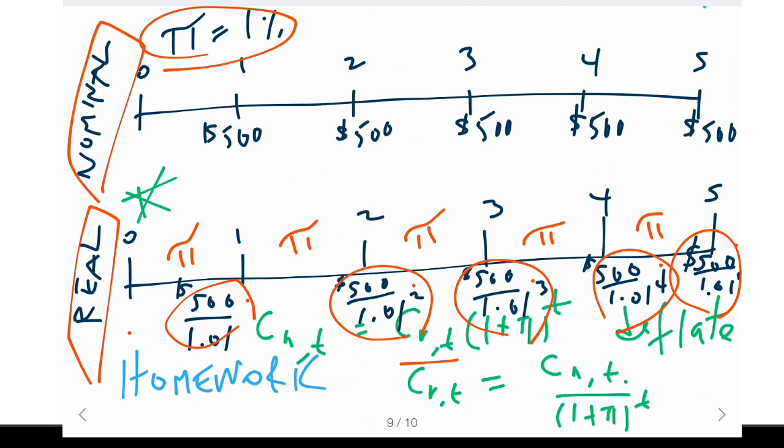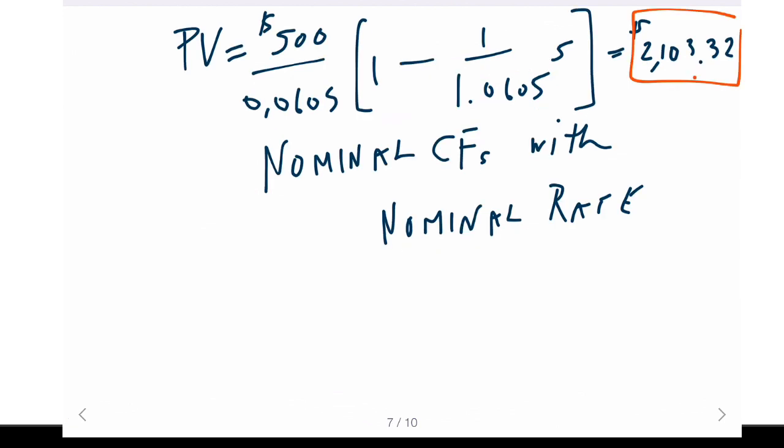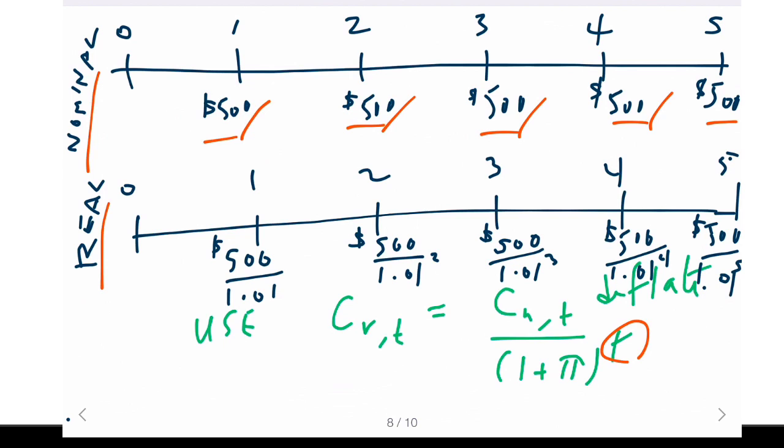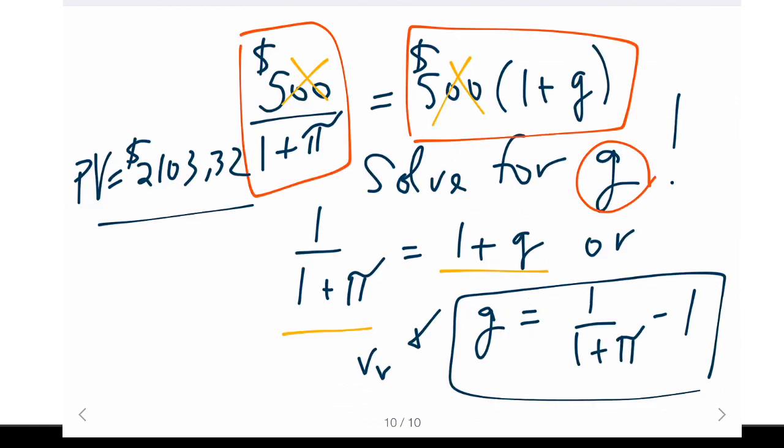So then I asked you to prove you get the same result. Now the result here was $2,103.32. So we have to see that we can get that with these amounts. So I said we need to use, because we want to use the real annuity, we want to use the growing annuity formula. The growing annuity formula